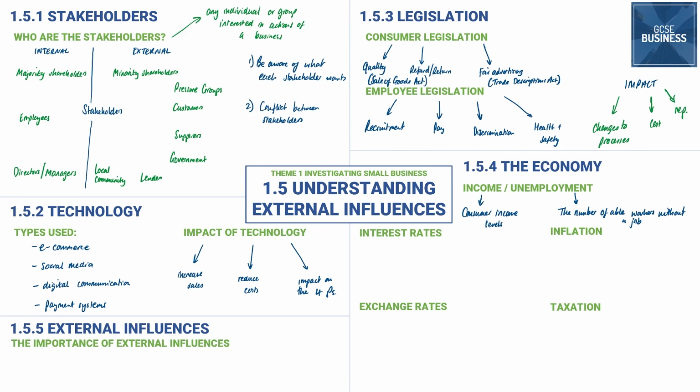The next topic is inflation. So inflation, something that's been in the news quite a lot over the last few years, is about prices rising in an economy, and it is measured using CPI, the Consumer Prices Index, which is effectively a measure of a basket of goods that people typically buy, and it measures the rate at which the price of those goods changes. So if things become more expensive, inflation will rise, and so if inflation is 5%, that means that basket of goods has become 5% more expensive than it was the previous month.